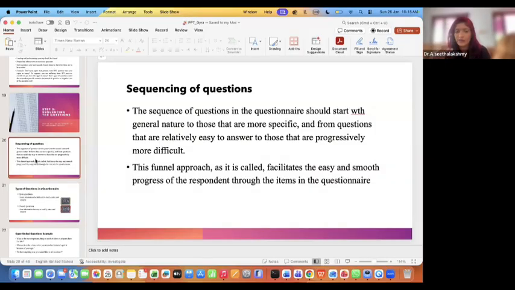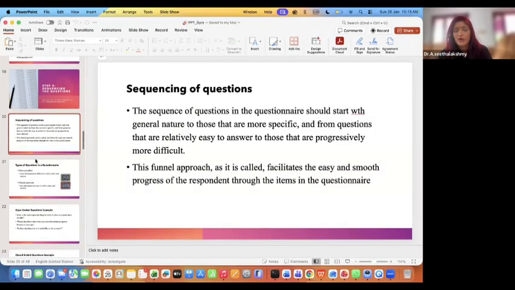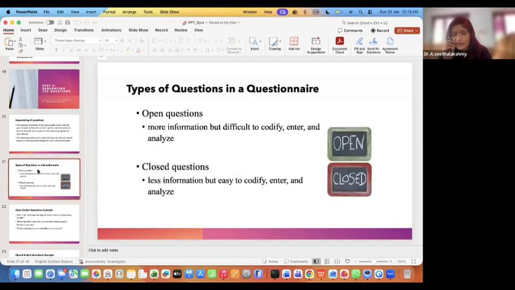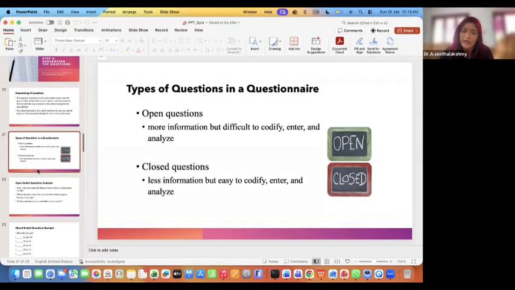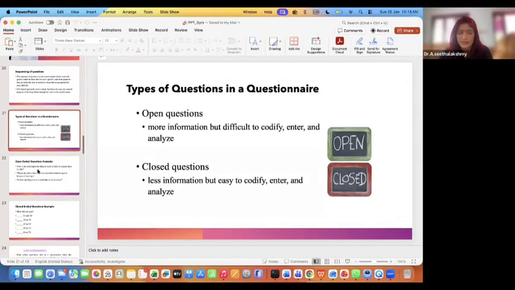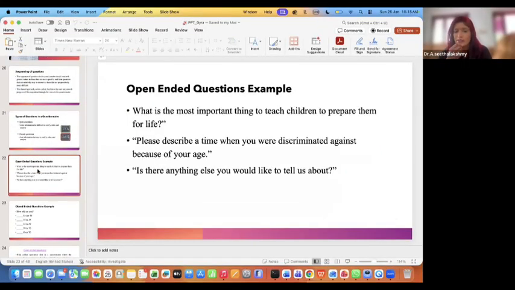Now this step is over. Now, what questions you will be phrasing and how you will be phrasing them is up to you. You can phrase it as an open-ended question or a closed question. Of course, we all know what an open-ended question is. It is purely dependent on the respondent how to respond. Is there anything else you would like to say?